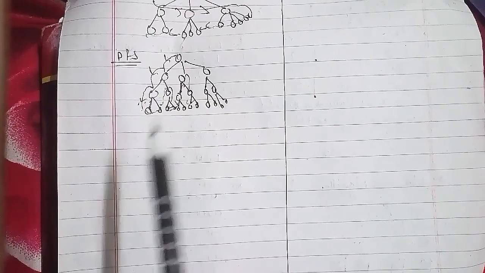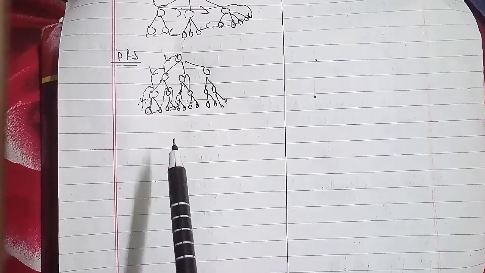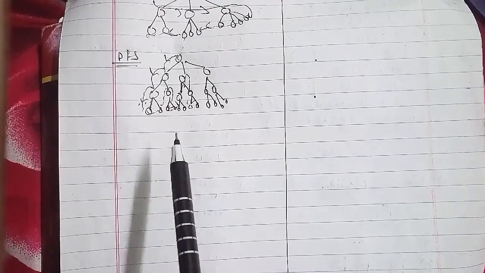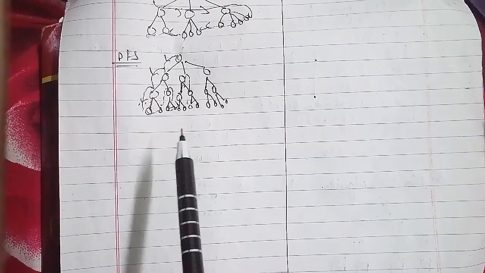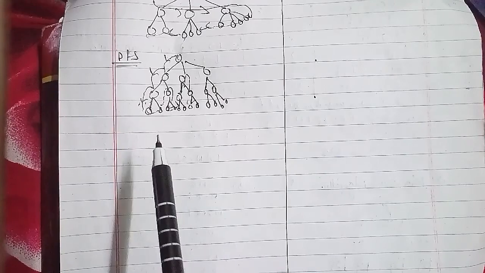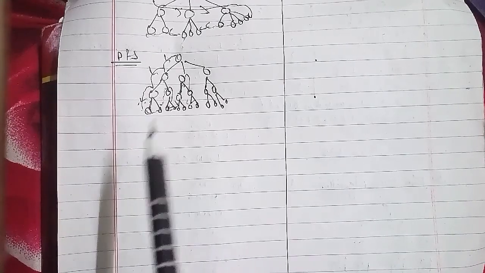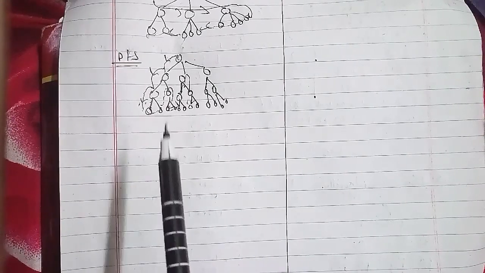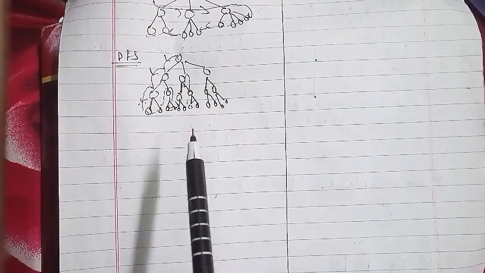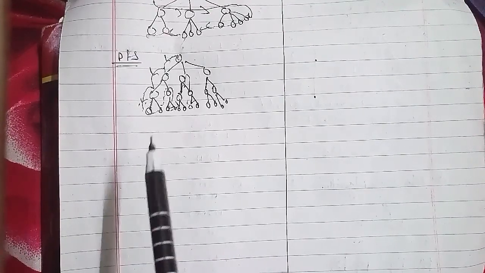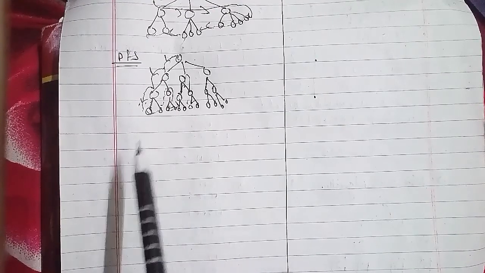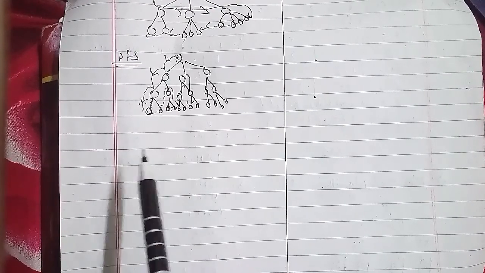Let's go ahead with another one: show that the depth first search technique is neither complete nor optimal. Depth first search is not optimal because it returns a path as soon as the goal is reached, and however this path is not always the shortest path; it may be the result of going down a long branch. Another problem is that DFS could continue down an unbounded branch forever, even if the goal is not located on that branch.